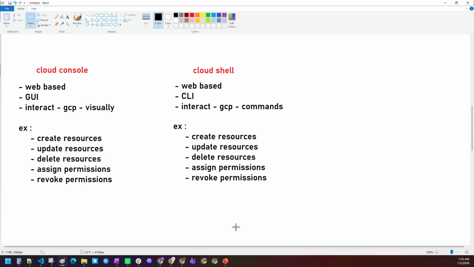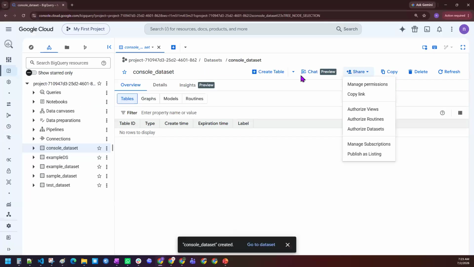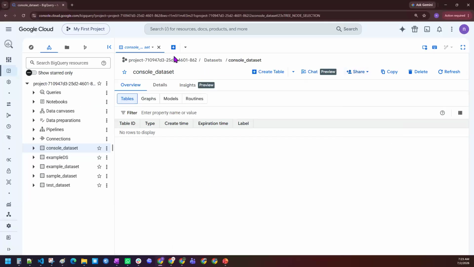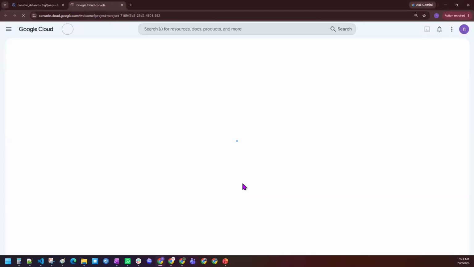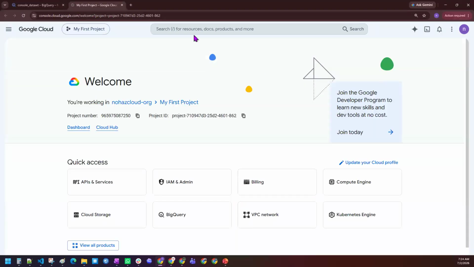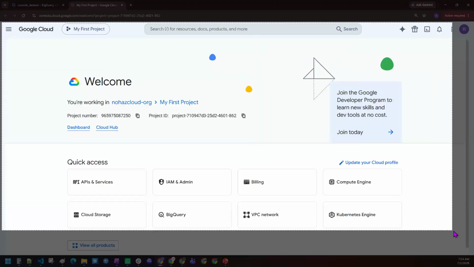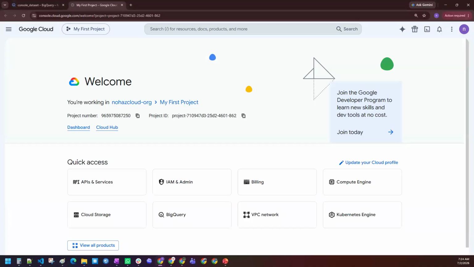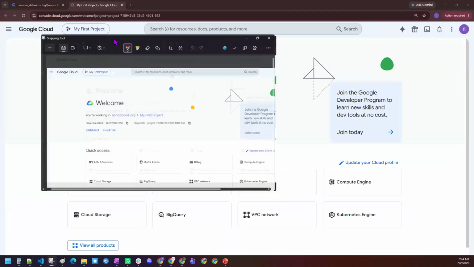Okay. What is this? It is a web-based command line interface. Where is it available? If you go to the Google Cloud Platform, maybe I'll open the home page again. I'm going to the home page. I just wanted to give you a small tour of the home page. Look here, guys. I'm taking a screenshot. I want you to look at each and every interface option.